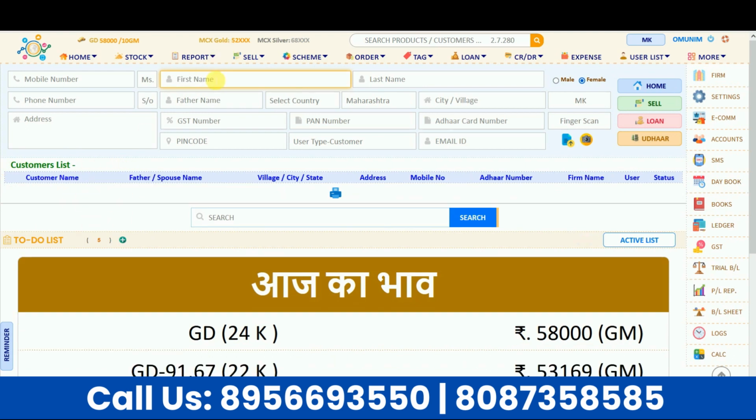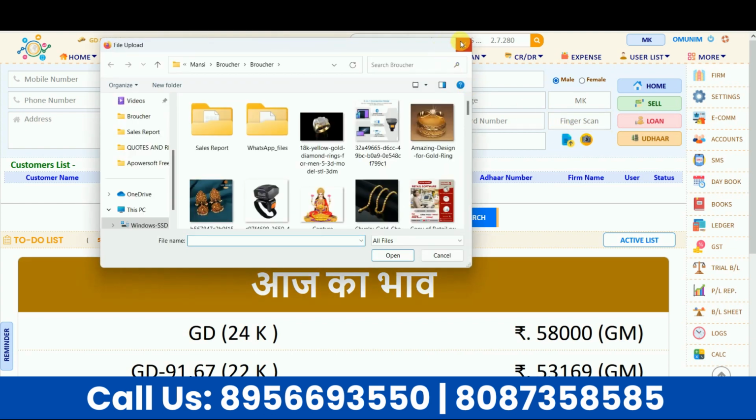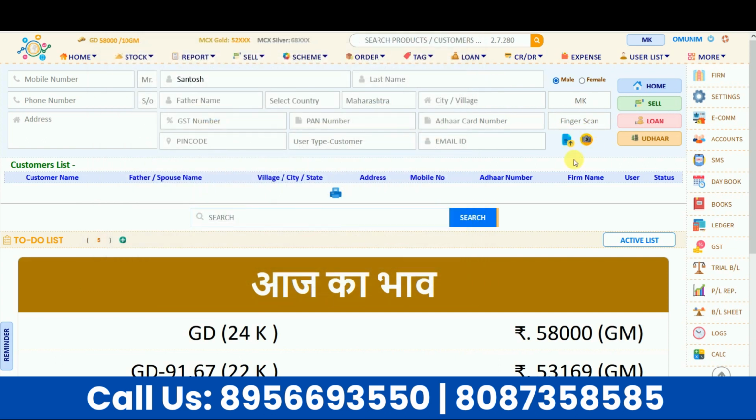Similarly, now let's say I'm adding a new customer's loan. So I will enter my new customer's entry here. If you want to mention their mobile number and other KYC details, you can mention those as well. Similarly, a finger scan option is given. This is specially for Girvi. If you want to take a finger scan of your customer for verification purposes, or if you want to upload the photo of your customer, you can do that. The webcam is also given, so you can directly click the photo also.